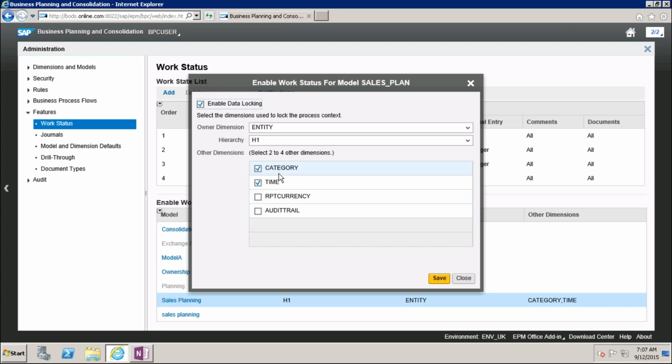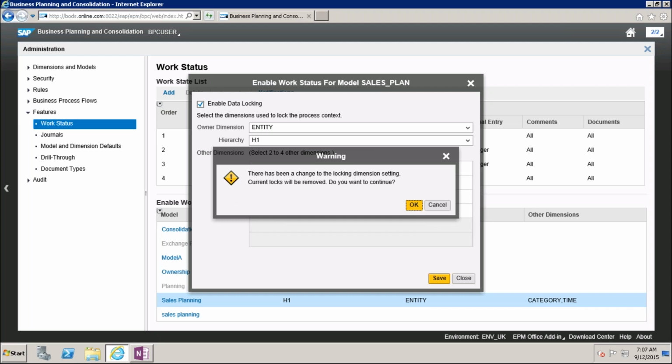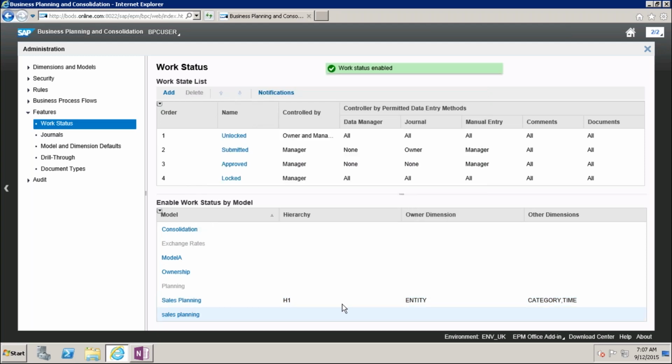So I have taken category, time, and entity, 3 dimensions. This is fine now, and I'm going to save. That means I enabled the work status here.